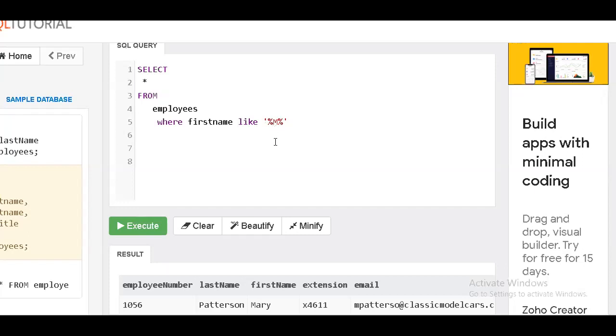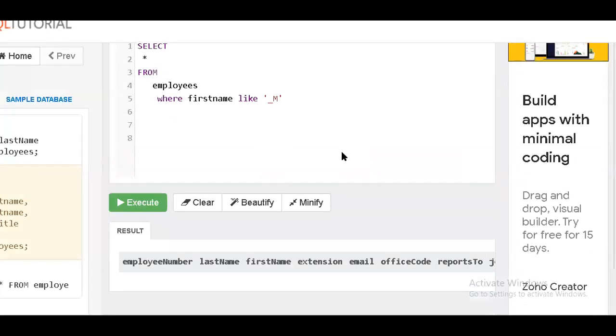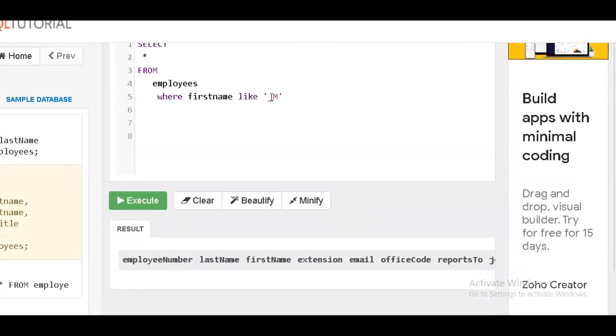Now suppose I give something like this, an underscore. What does this mean? Let's see this one. There are no results with that content, because that pattern means exactly two letters, and we have no such names.